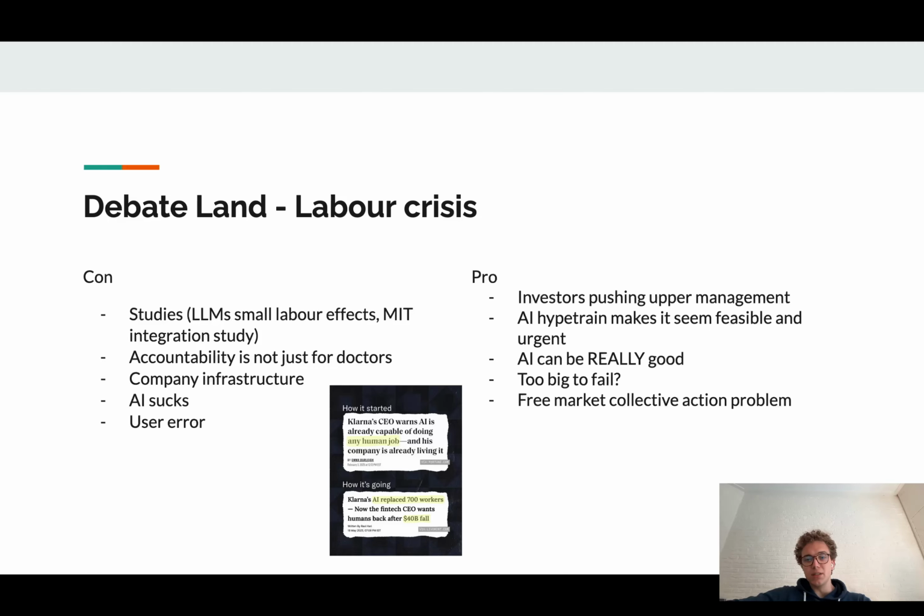Also, considering the size of these companies, it might be the case that the American government steps in, because otherwise it leads to a massive stock market crash if these companies turn out to be worthless. Who knows? And then you sort of have the free market collective action problem, which is basically the idea of